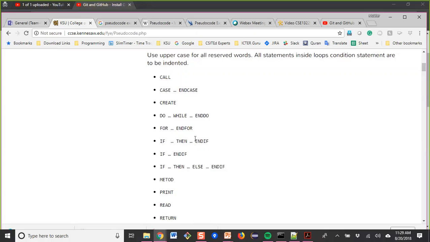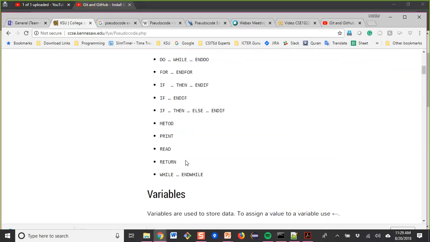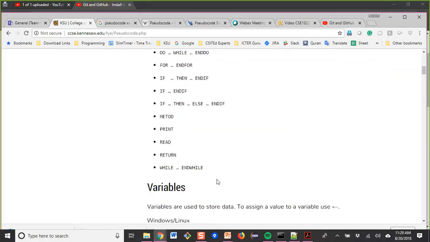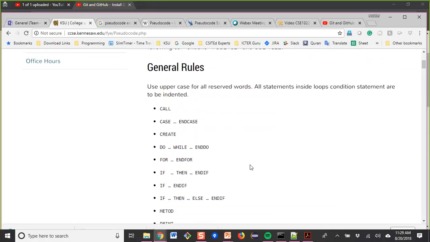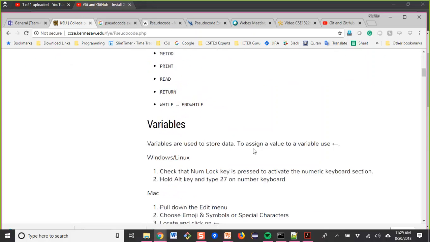Likewise ENDDO, ENDCASE, and ENDWHILE are single words. These are the keywords or reserved words, and you should write them in uppercase. We will go through this as well.